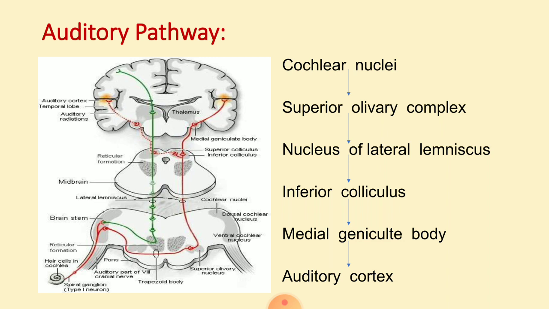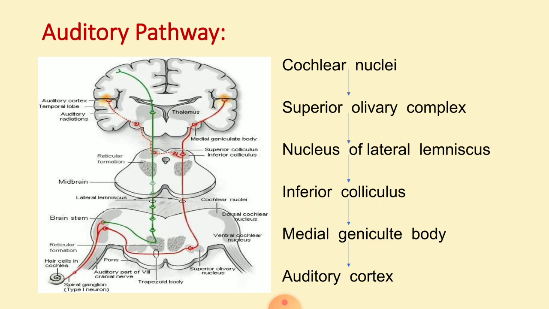This same type of tonotopic organization is also present in the auditory cortex. For a specific frequency, there is a specific area designated in the brain, on stimulation of which a specific frequency can be perceived. Even in the basilar membrane, as we will learn later, there is a special arrangement by which the frequency can be discriminated. So, these are basically the specialities of the auditory pathway.